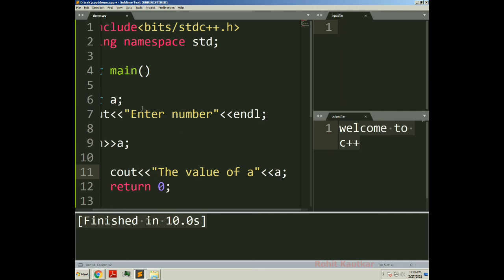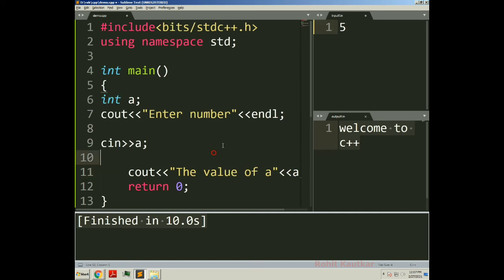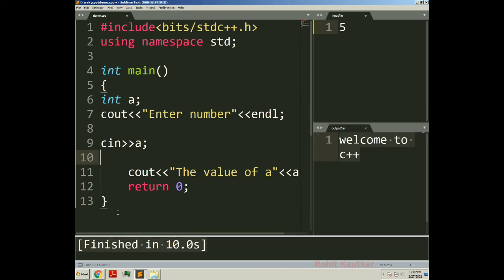Now this program is accepting input, so I will use this input f.in file and I will pass one number here, 5. If you need to pass multiple numbers, then how will you pass? Simply you put a space and write the next value. Like this you can pass multiple input values to your program. Right now I need to pass only a single value, that's why I will write just 5, and then I will try to recompile this program. So again I will press Ctrl B.